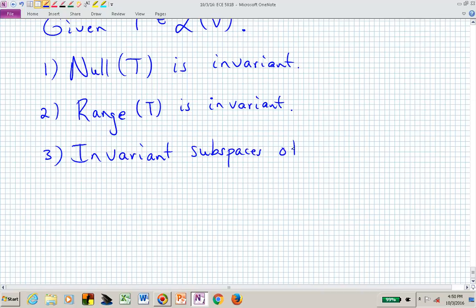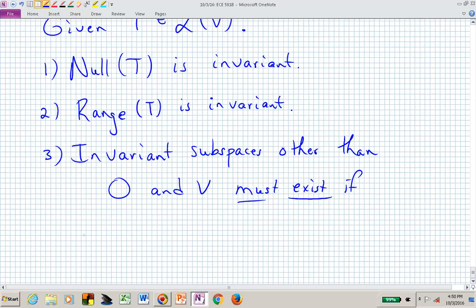Now you can think of two sort of trivial subspaces. What's a trivial subspace of a linear map? The whole vector space V. What's another one? The zero vector. Those are sort of trivial subspaces that are invariant under the linear map T. Invariant subspaces other than the zero vector and V must exist